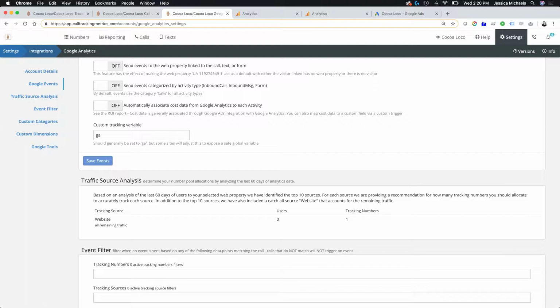When we started, we were strictly calls, and we've evolved over the years. We now offer inbound texting, outbound texting, and forms. We have chat coming out in the near future. So we have these different types of activities. So historically, we send all calls, forms, and text into analytics under the category of calls, which is kind of